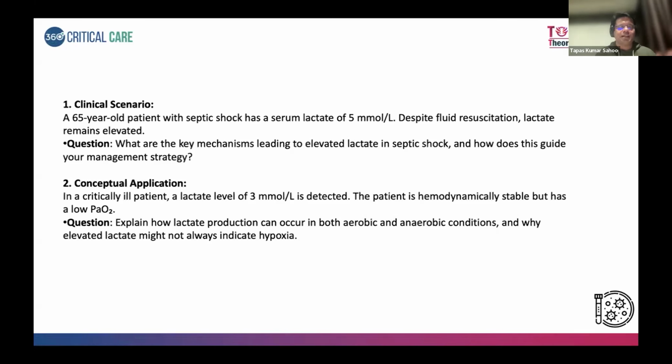5 mechanisms I have shown you in my slide. And how does this guide your management strategy? That also I have explained. Now, a conceptual question would be, in a critically ill patient, a lactate level of 3 millimole per liter is